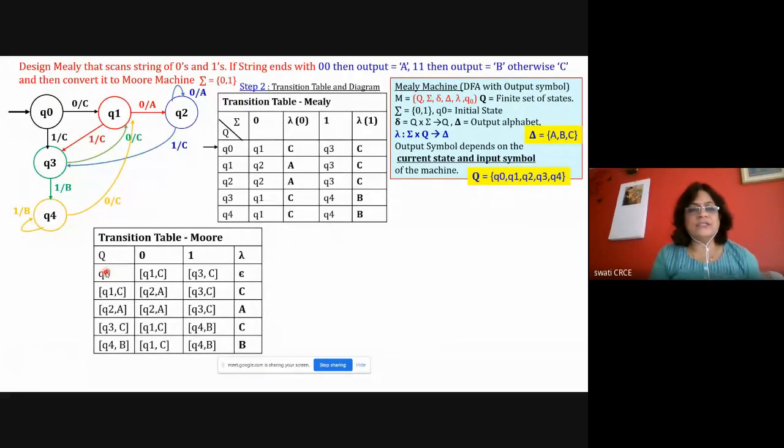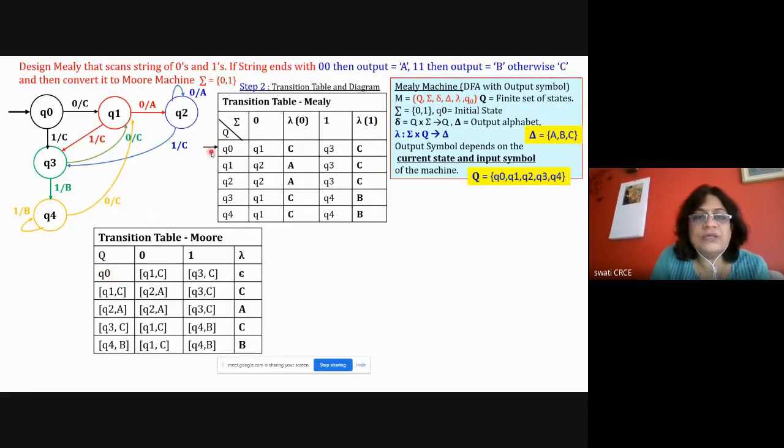And then you write down the transition for Q0. So how to write down? See Q0 with 0 is Q1 but the output is C. So you say that Q0 with 0 it's going to the state Q1 who generates the output symbol as C. See, in the Moore machine transition table, what we do is that we have two columns. Column delta function for 0, delta function for 1, which indicates the next state, and only one lambda. And this lambda indicates the symbol generated by the state. So the state Q0 does not generate any symbol. Okay, so you can write here dash or epsilon or nothing.